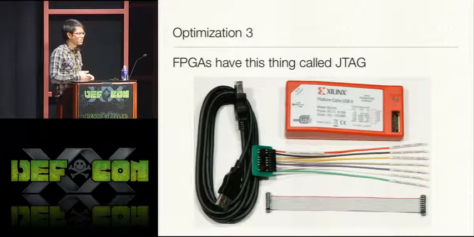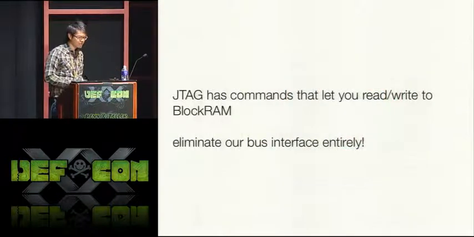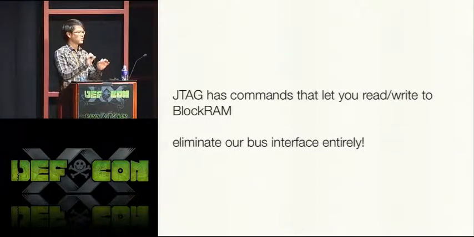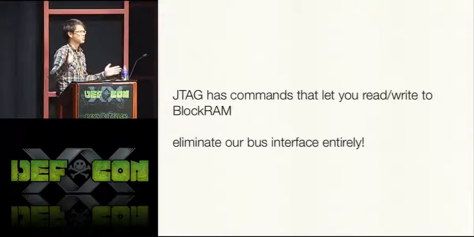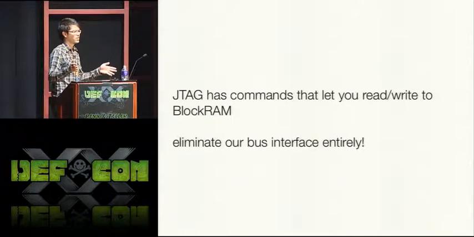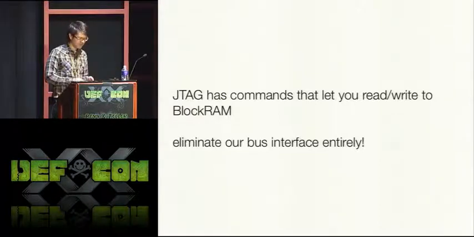And so we found that there's actually a couple commands that they have with JTAG for letting you read and write to block RAM entirely over JTAG. And so with this, if we do all of our communication with just these little tiny block RAMs inside the FPGA, we don't have to have a bus at all communicating to the outside world. All we have to have is JTAG going to the device, and we don't have to use any routing resources at all to talk to any of the cores. We can do it all transparently. So this is one thing that we're working on, and hopefully this will be working soon. But that could probably get us another 20–30% speed improvement as well.